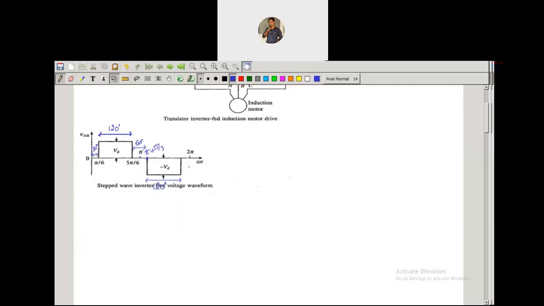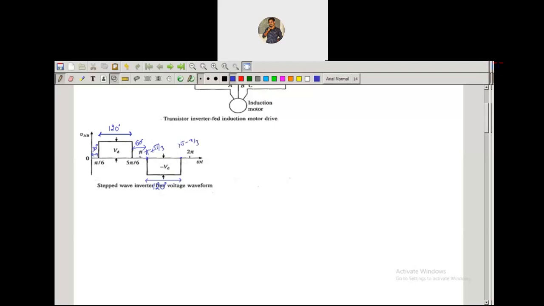And we have taken the time period for 360 degrees. I have taken one cycle of the stepped waveform. We can also have the continuous waveform as it is periodic, but I have taken only one cycle. So for this we have taken the positive side and negative side, and this is pi plus pi by 3, and this would be what? This could be 2 pi minus pi by 3.